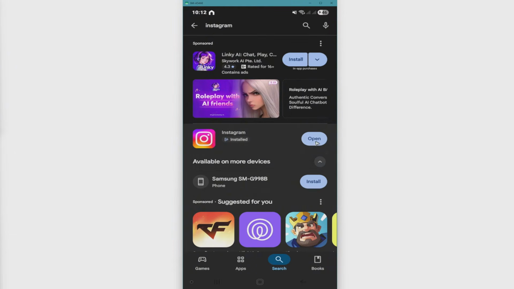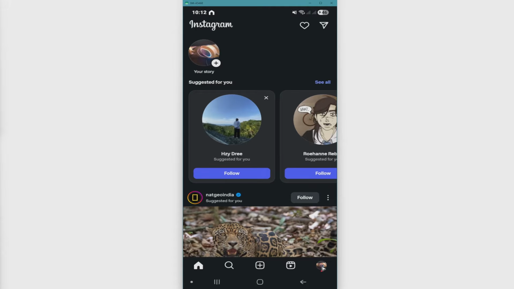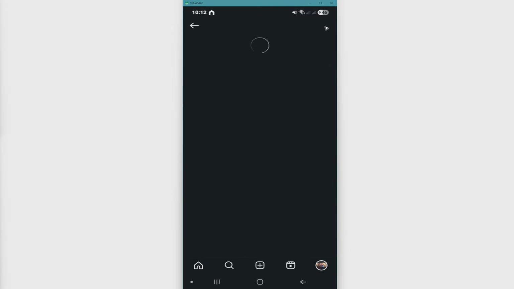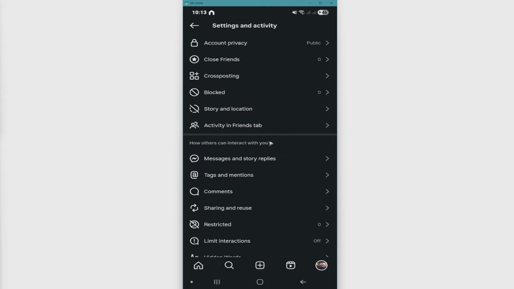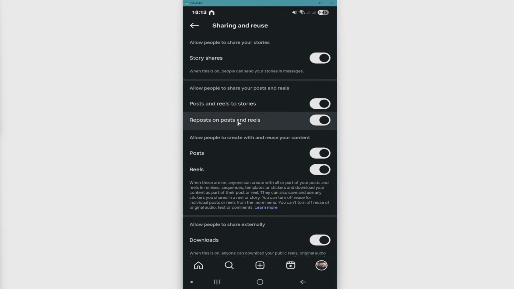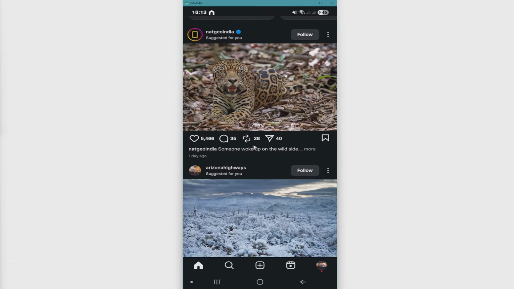Okay. The second option is by going to the app itself. So let's go ahead and open up Instagram, and we will go ahead and verify the sharing settings on your profile. Okay, tap on your profile, tap on the 3 horizontal lines. Now go ahead and scroll down a bit and find how others can interact with you. Okay, tap on sharing and reuse. Just make sure that repost and post and reels is enabled. Okay, these toggles as well. So once that's done, go ahead and go back to your home section and check if you can now see